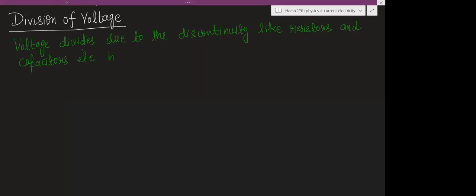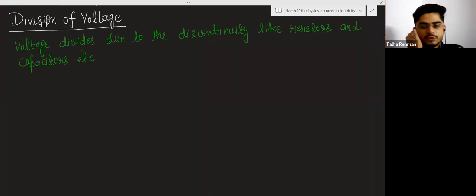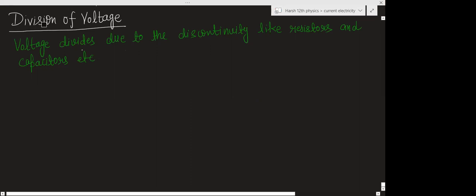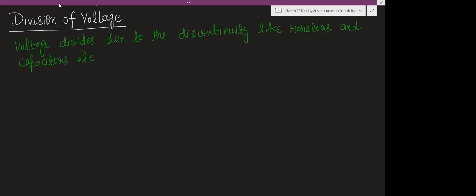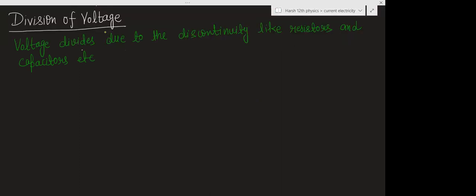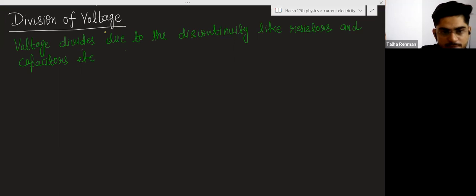So voltage divides when you connect the wire with some resistances or some capacitors or bulbs or any other device. So if you have a wire like this,